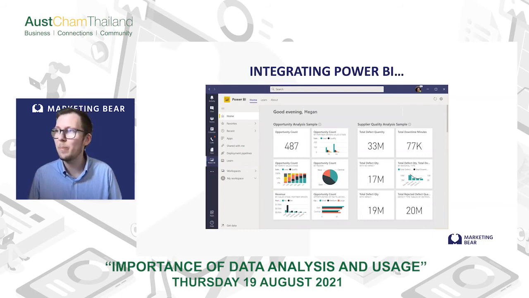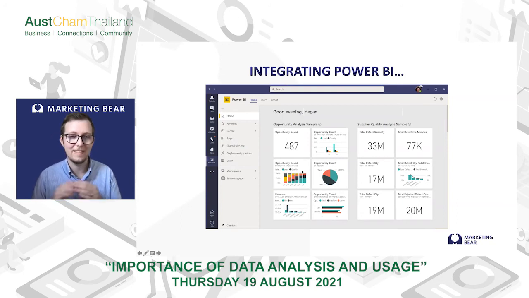Here we see the Power BI app that is officially available by Microsoft, and it shows a custom dashboard for this particular user. So you can also create corporate dashboards that are predefined, but as a user, you can make your own dashboards as well to see the data that you actually need for your day-to-day business. And this, I think, is just a very good example because it highlights how simplified complex data can be displayed and how much faster you can actually access this data.